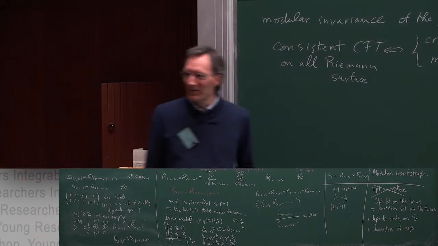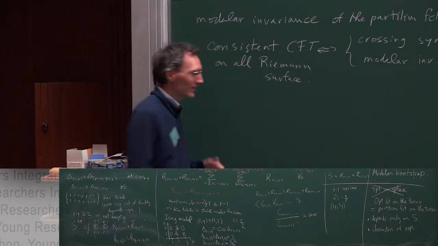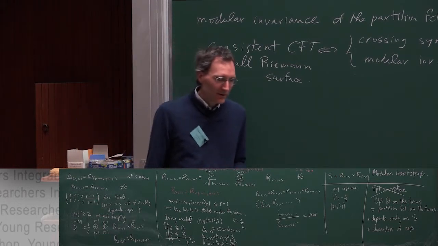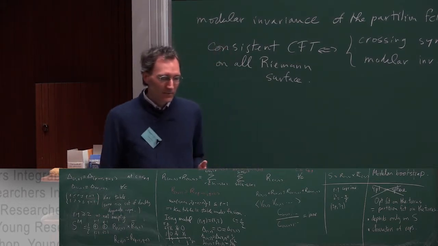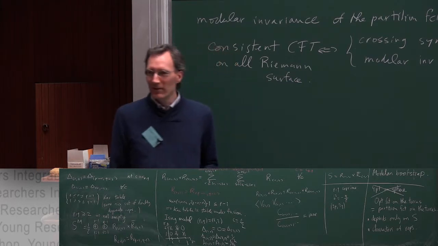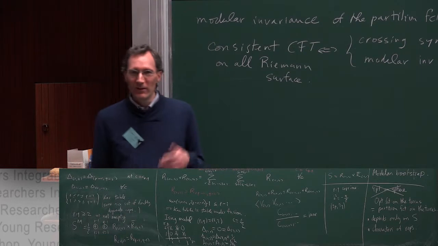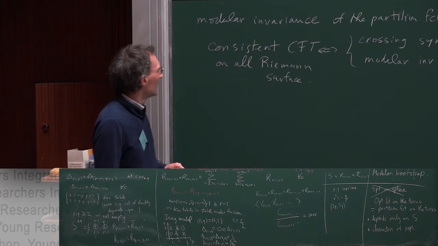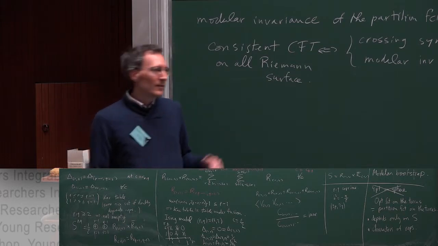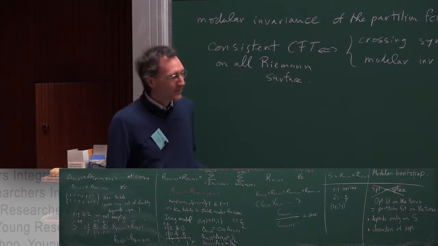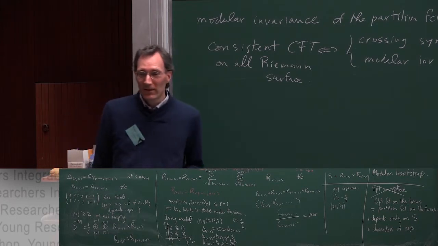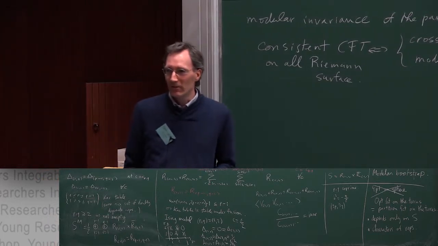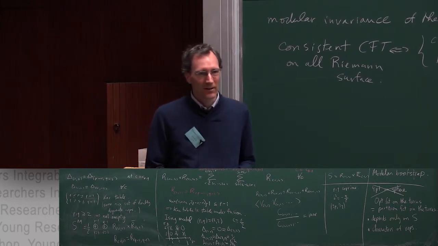Yes, good question. What is a rational conformal field theory? A rational conformal field theory is a theory whose spectrum is made of a finite sum of irreducible representations, or maybe not necessarily irreducible, a finite sum of indecomposable representations, let's say. And I would also say that modular invariance of the torus partition function is not even necessary, because you may be interested in CFTs that exist just on the plane, on the sphere, but not on the torus.